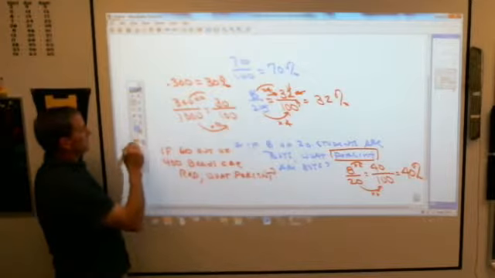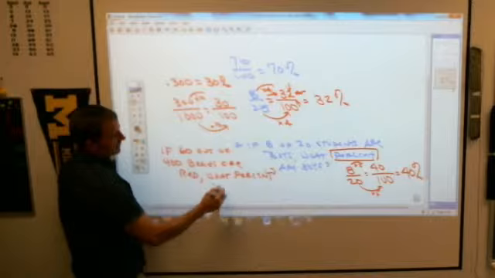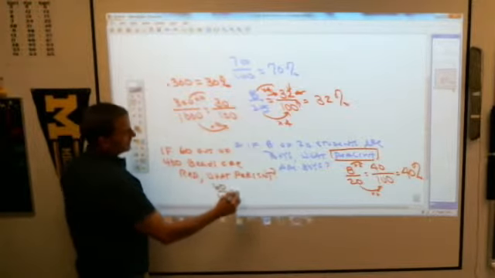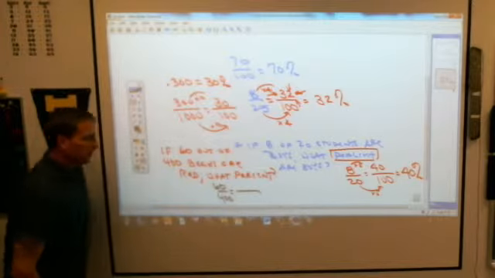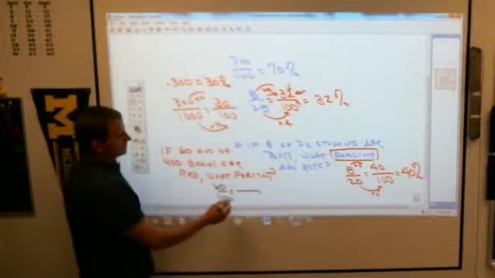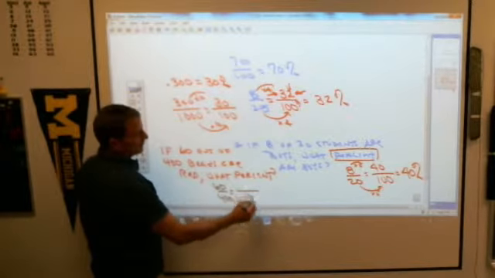What percent are read? Well, again, what fraction are read? 60 out of 400. Your job is to try to figure out what that is out of 100. 60 over 400, how do I go? How can I make 400 100? What do I do to 400 to get it to 100? Divide by 4. 400 divided by 4 is 100.